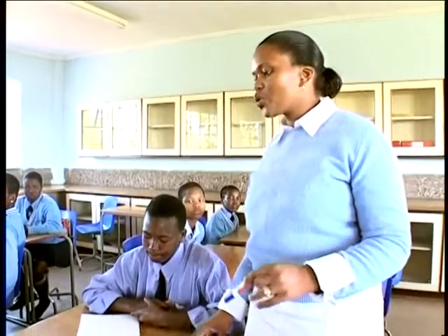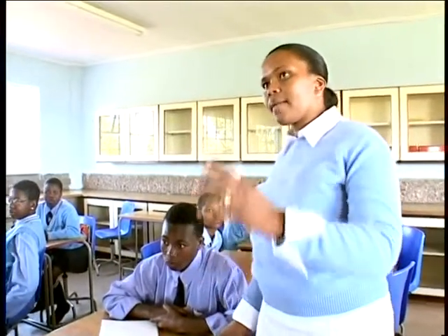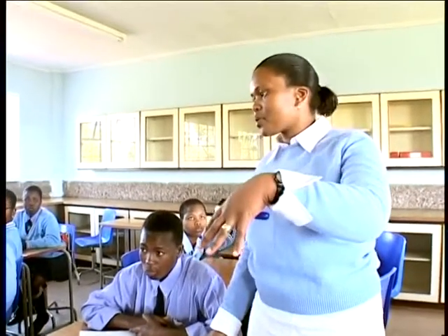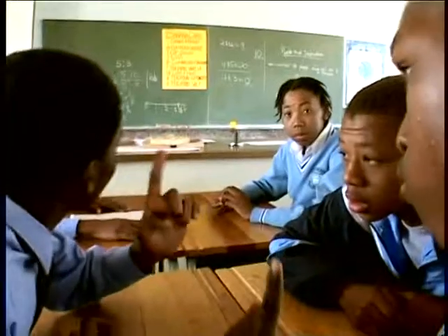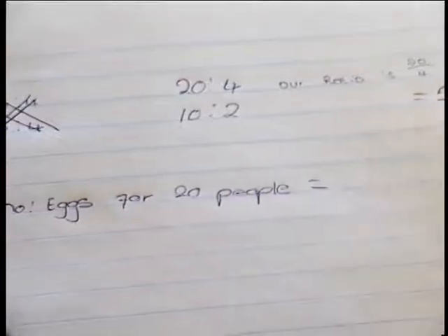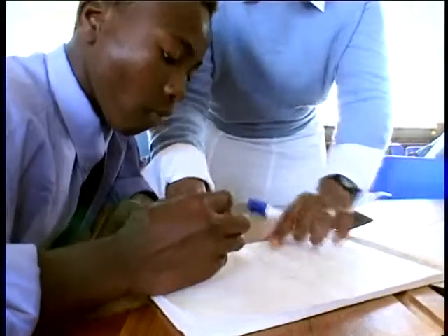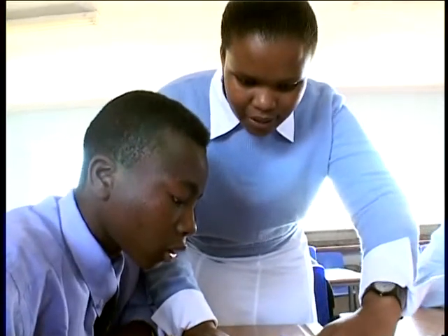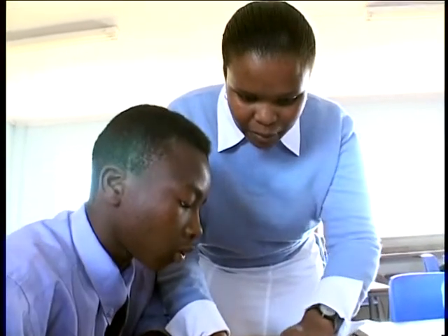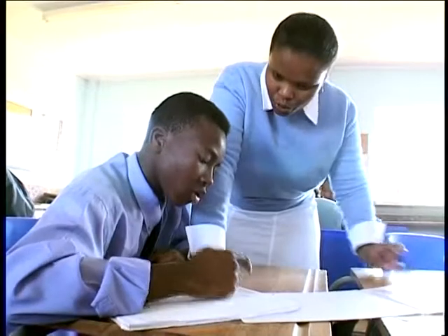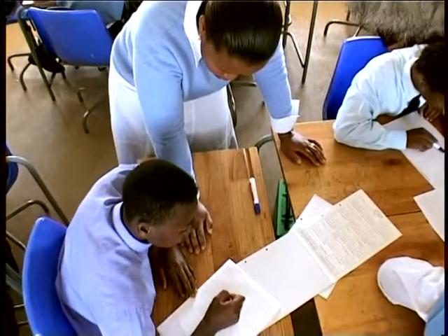Now I want you to calculate the whole recipe for 20 people. This learner is totally confused by the topic. The teacher tries to explain, but in the end, both of them are becoming more and more anxious and frustrated. In such cases, it's sometimes better to ask another learner to explain.